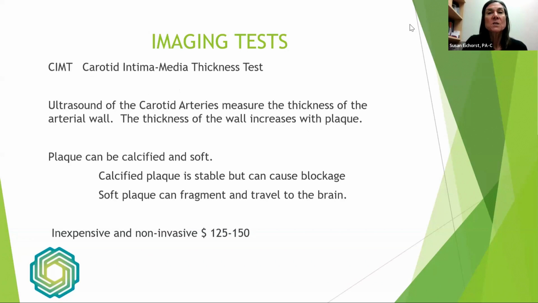A carotid intima media thickness test can be helpful because this is an ultrasound that looks at your carotid arteries leading up to your brain. That can measure the thickness of the arterial wall, and that gives us a good impression of the wall thickness versus the thickness of plaque on top of it. Many of these modalities can actually then quantify, is this soft plaque or hard plaque, because that can make a difference in management afterwards.